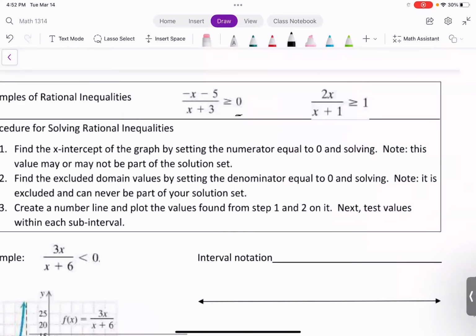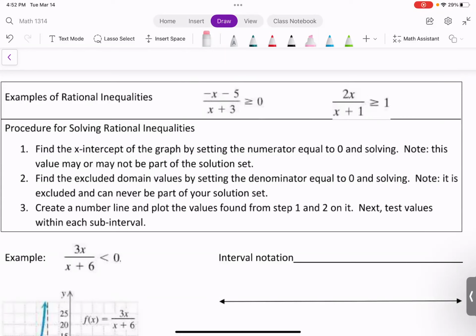Make sure the right side is 0, and then find the x-intercepts and also find the vertical asymptotes. So here, solving rational inequalities, we have one more step. First, we find the x-intercepts like the previous example. But here, I'm not solving f of x equal to 0 and then solving for x